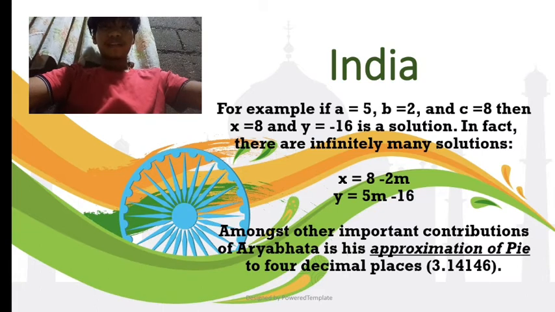In fact, there are infinitely many solutions, like x equals 8 minus 2m, and y equals 5m minus 16. Among other important contributions of Aryabhata is the approximation of pi to 4 decimal places,